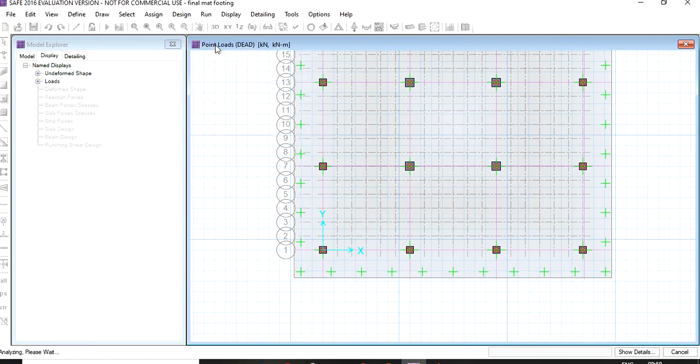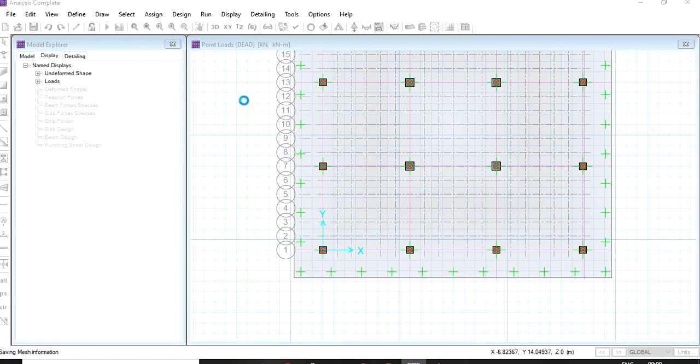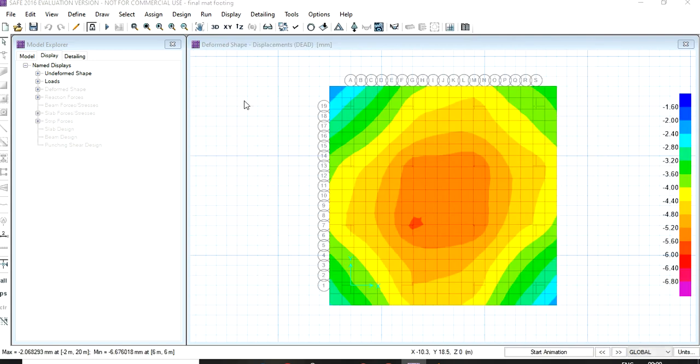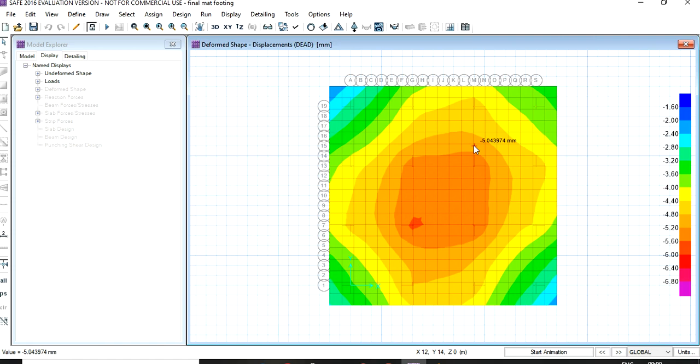After assigning the loads, go to the run menu and go to run analysis. After the run analysis, it gives a displacement value compared to color.